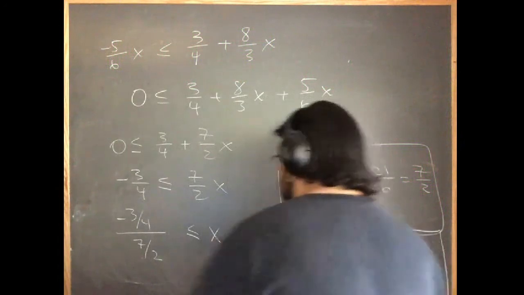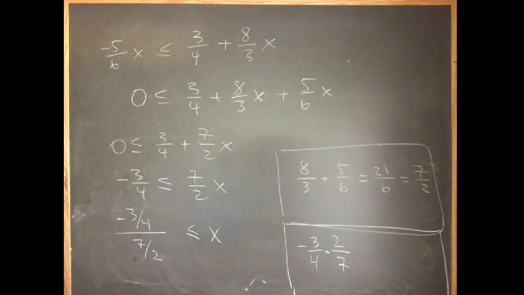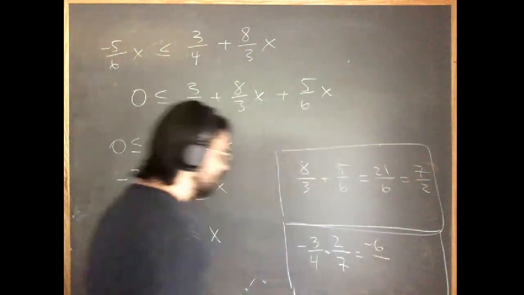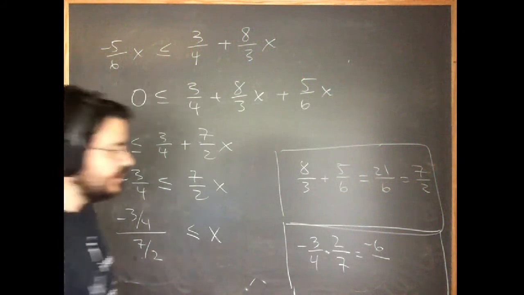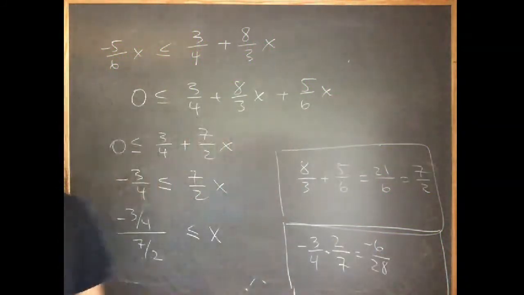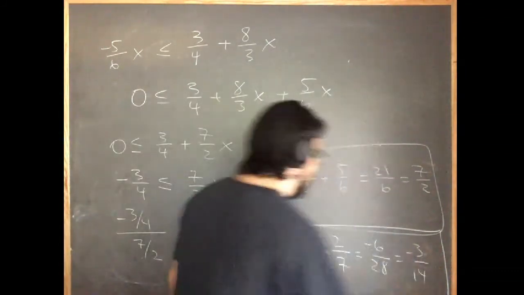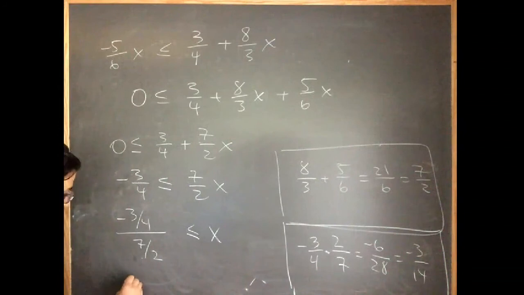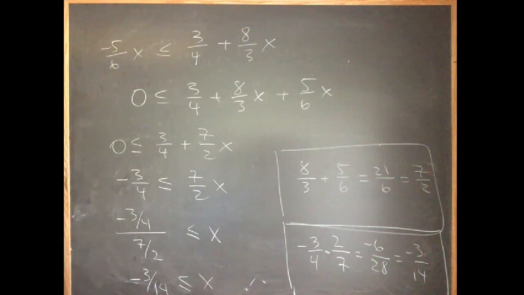Negative 3/4 divided by 7/2 is the same thing as multiplying by the reciprocal, right? So that's multiplying by 2/7. So we get negative 6 over 4 times 7. So 4 times 7 is going to give us 28. So top by top, bottom by bottom. Or if you wanted to, you could have canceled that too. And so you get negative 3 over 14. So really, this is negative 3 over 14 is less than or equal to x. Okay? So again, all I'm doing is doing this division that I had here,